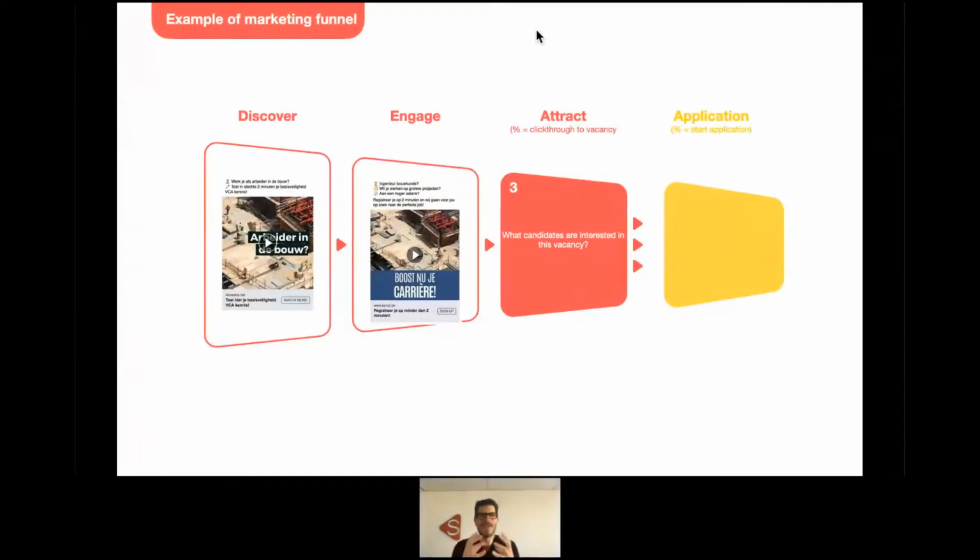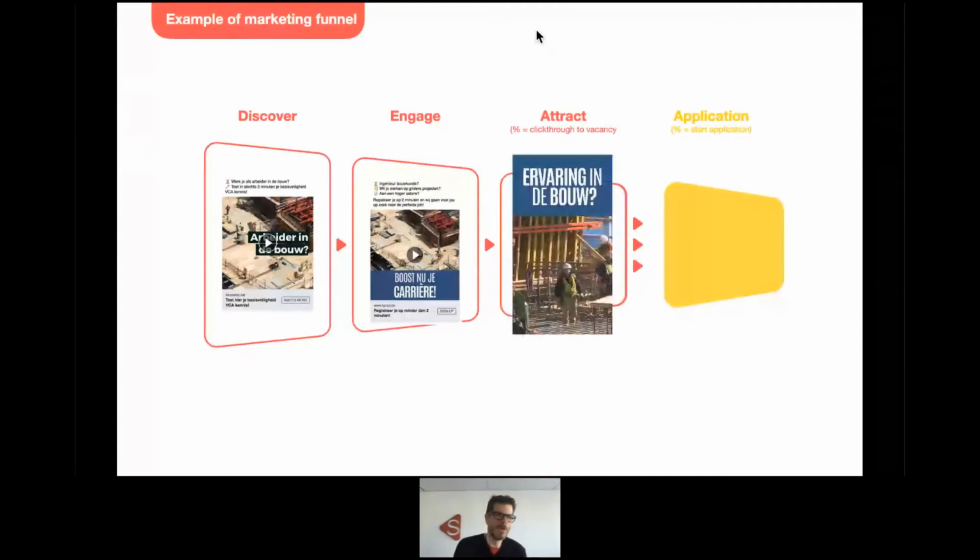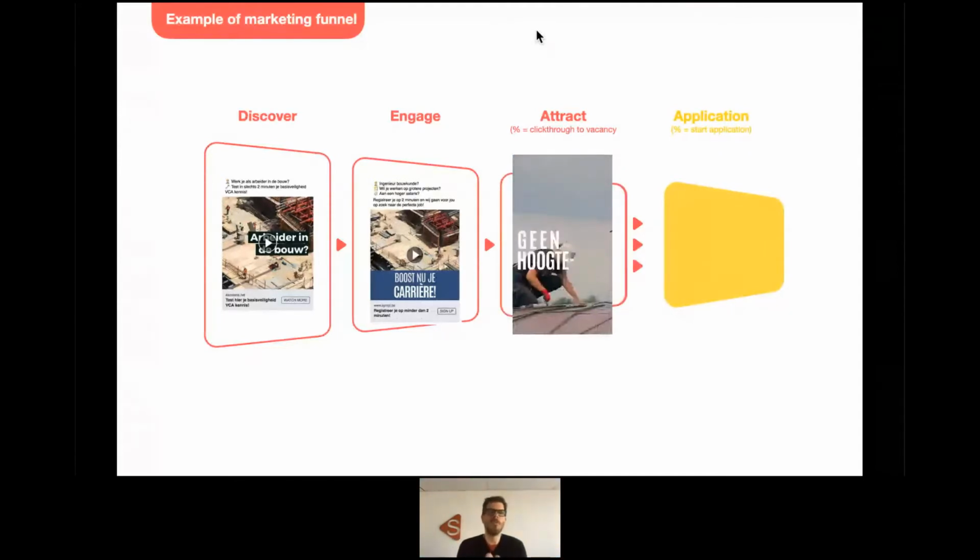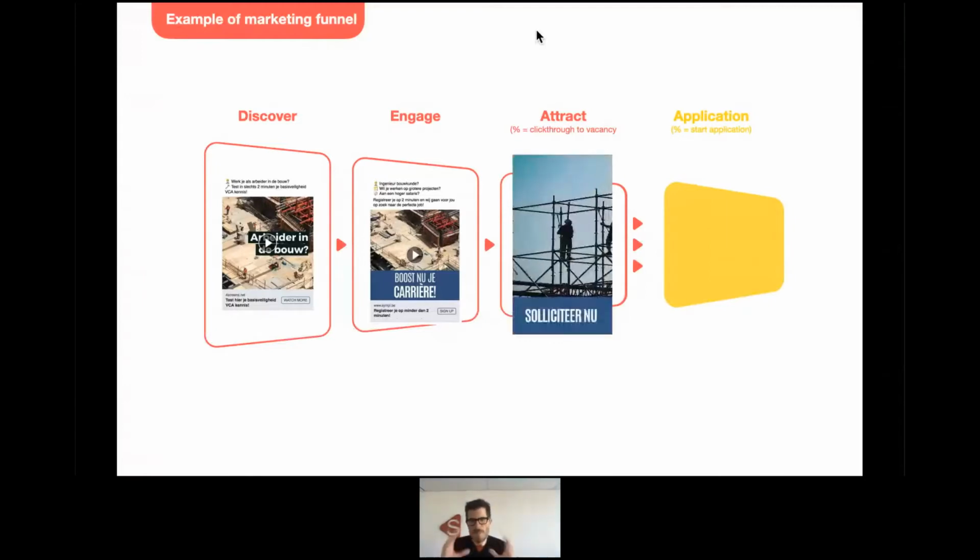So in that engage phase, you work a bit more on content, but already focused towards people who might be interested in changing their career. And only when you have that data, you come in with the right hook, and then you show specific advertising for a specific vacancy. So keep this funnel thinking, discover, engage, attract, in mind